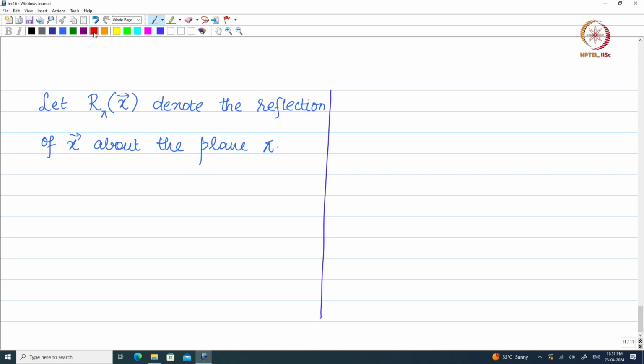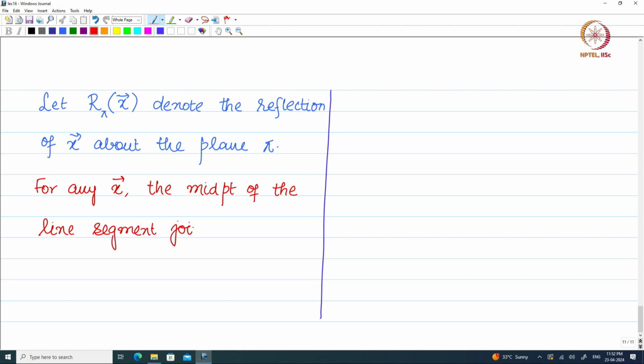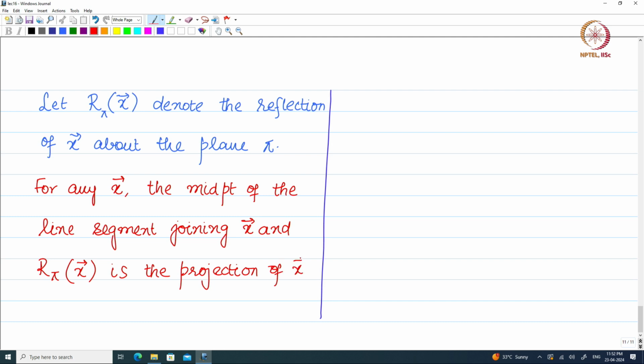We already know that for any x, the midpoint of the line segment joining the vector x and the reflection of this vector x, r pi of x, is the projection of x onto the plane pi, which is given by